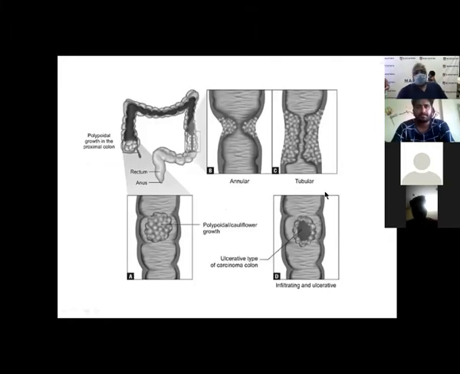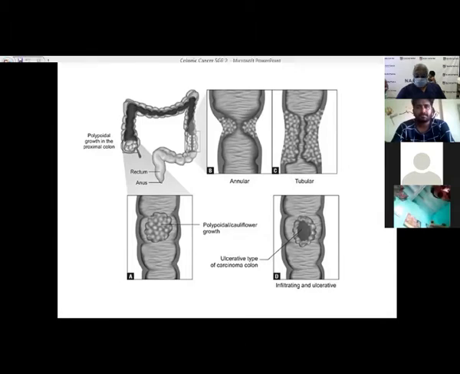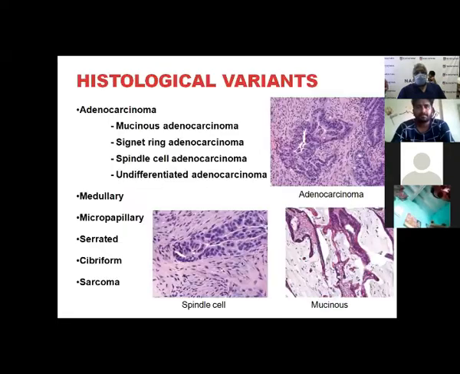So now you can see this is a polypoidal lesion occurring somewhere there. Then this is the polypoid lesion in the right colon. Then comes the annular variety. This is the tubular variety. This is the polypoidal cauliflower type, exuberant intraluminal growth. This is ulcerative, which is early prone to get involved into the deeper structures, that is, all the layers of the colon as well as the extracolonic tissues.